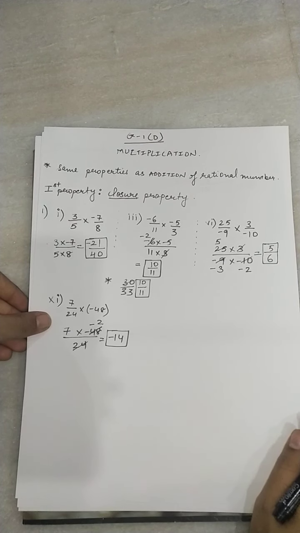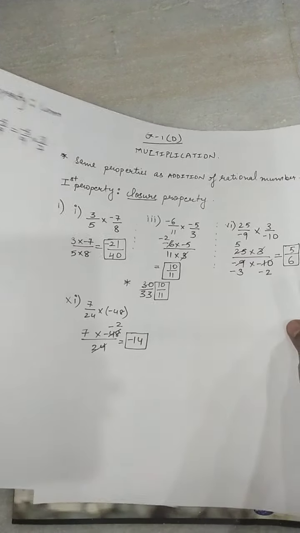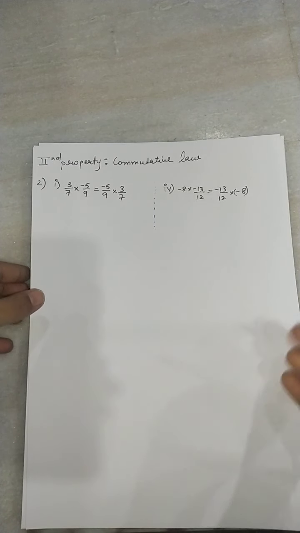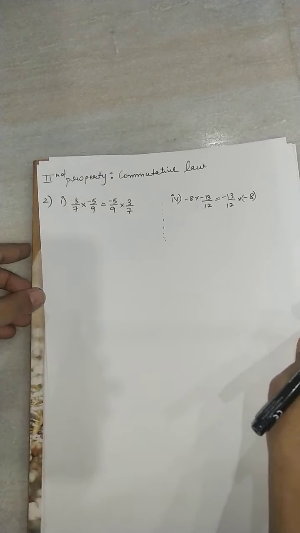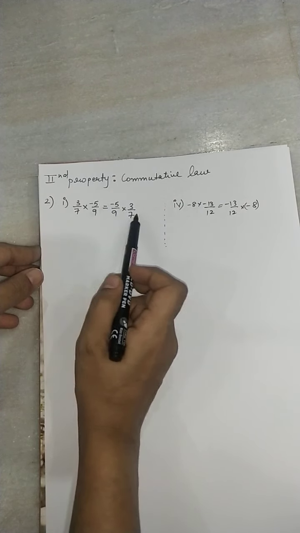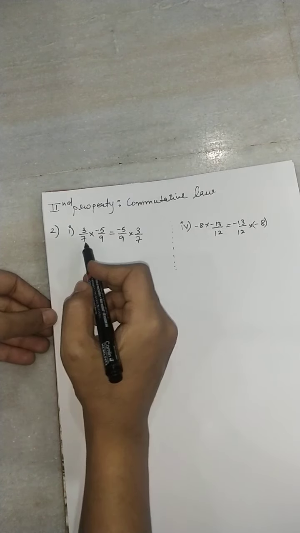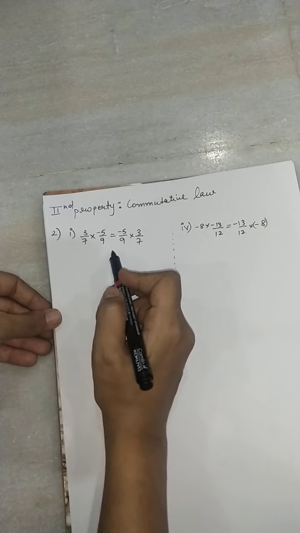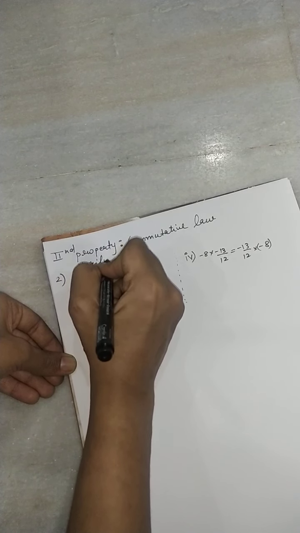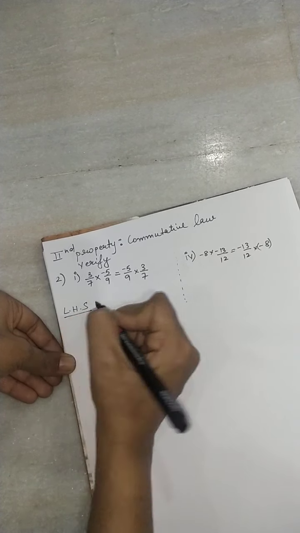Okay, I'll move to the next property now, which you have already studied for addition, same as addition. That is commutative law. Okay, this you have studied in addition, which suggests that two rational numbers can be multiplied in any order. Means again you can see this is a verify question. Okay, so verify question, how do we do it? Last exercise I told you we will do it by LHS and RHS method.